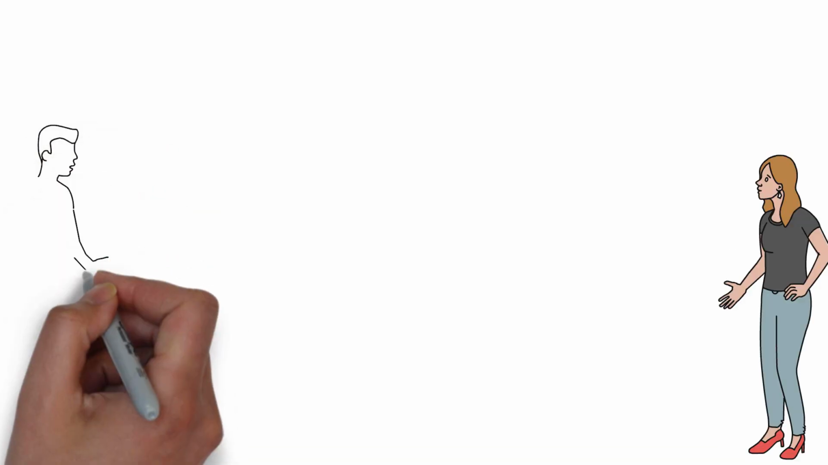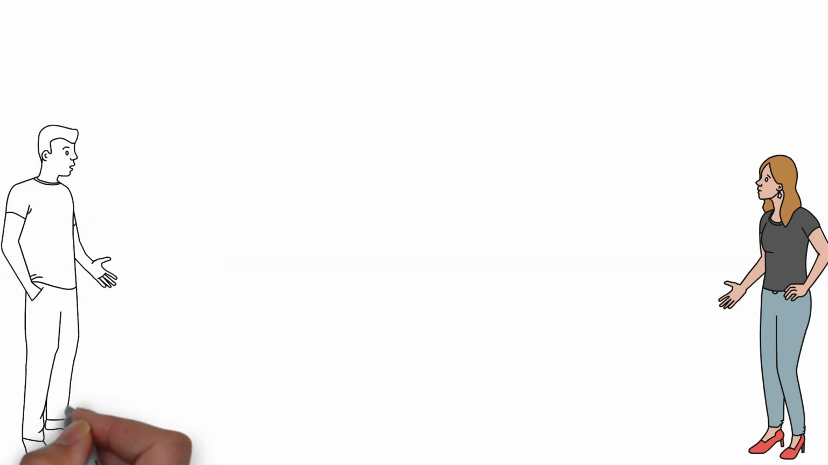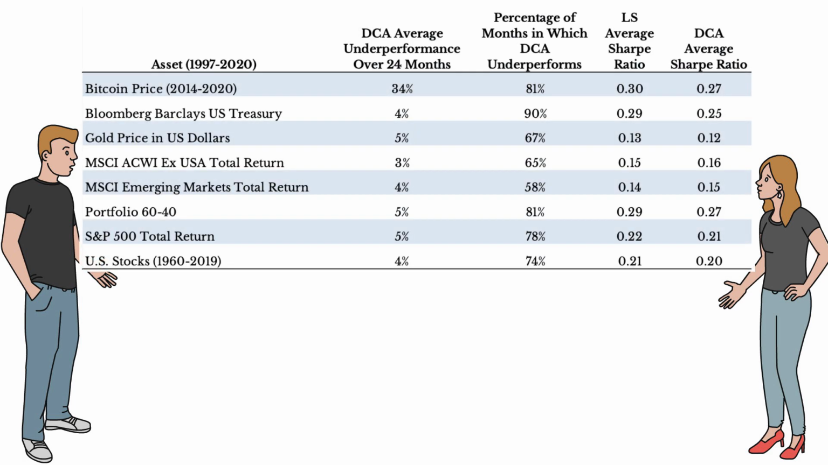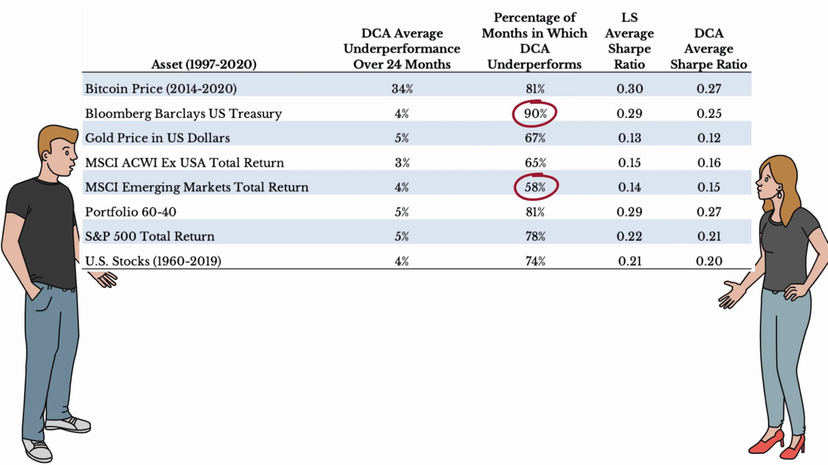Ben next argues that maybe lump sum investing is better for the S&P 500, but for investing in general, dollar cost averaging is still better. Maggie shows Ben this table. From 1997 to 2020, dollar cost averaging underperformed on a 24-month basis between 58 to 90% of the time across emerging markets, Bitcoin, all US stocks, gold, treasuries, and a 60-40 stocks to bonds split. In fact, the longer the period of dollar cost averaging, the more certain it is that lump sum investing will